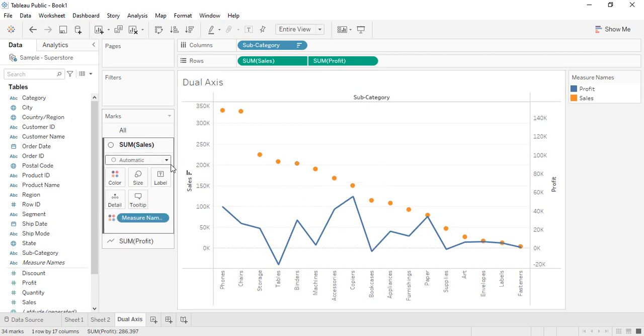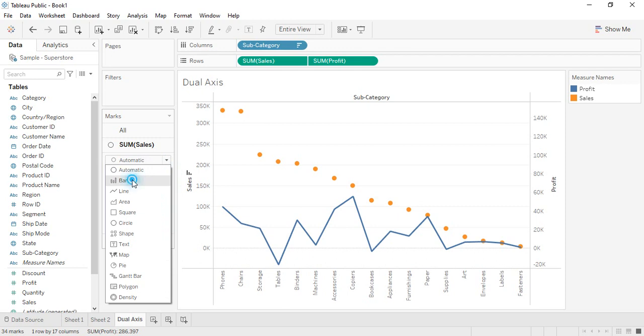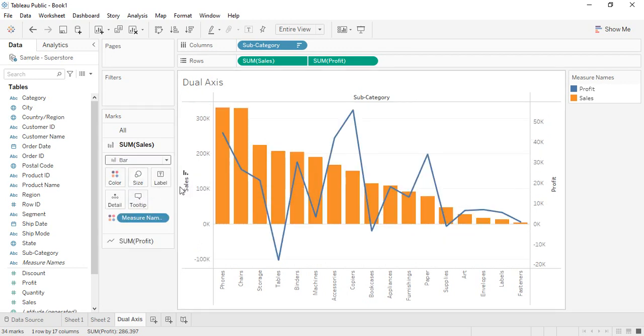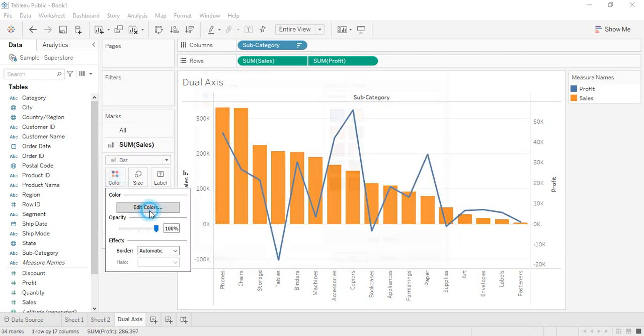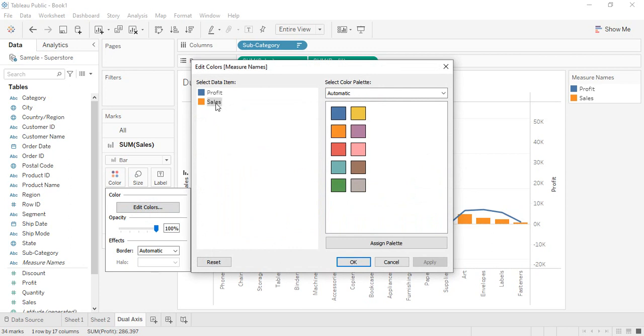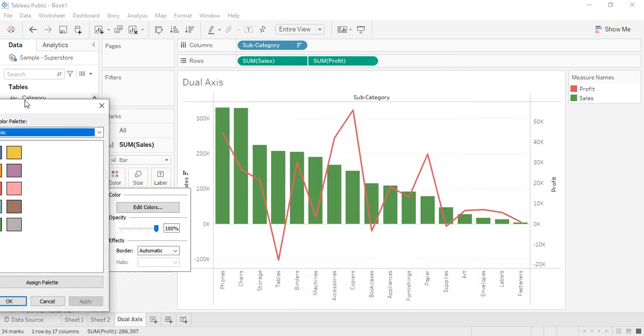Firstly, with the sales, this is the automatically selected thing. We have to select the bar instead of automatic and change its color to green. Here is the different color panel that we are getting right now, and with this you can work with both of them. So let's bring sales to green and profit to red. Click on apply. You would be able to see the changes.